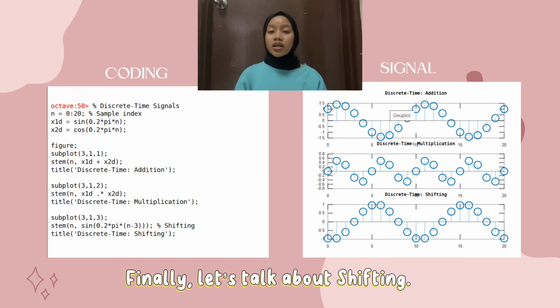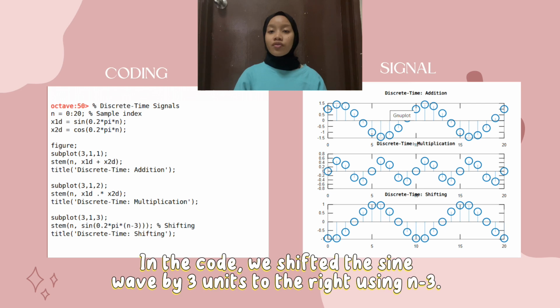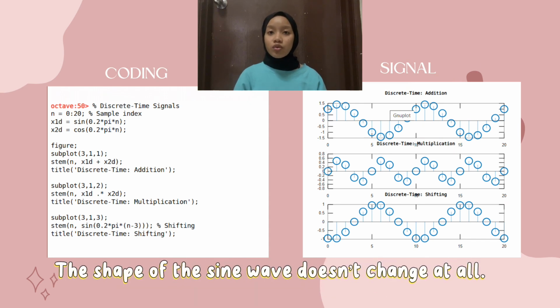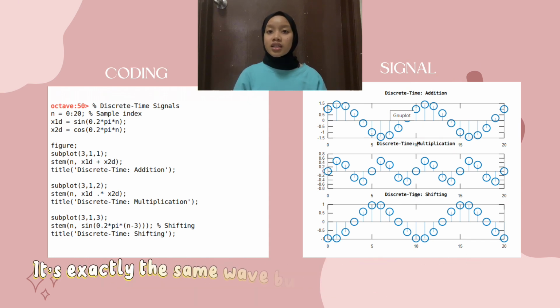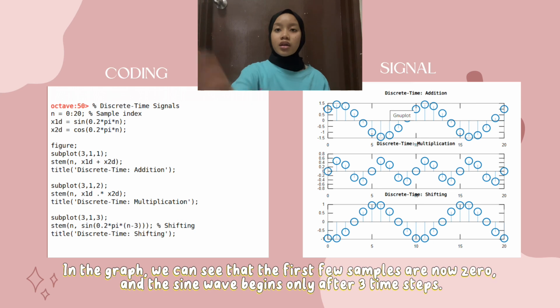Let's talk about shifting. In the code, we shift the sine wave by 3 units to the right using n-3. Shifting means we delay the signal. The shape of the sine wave doesn't change at all. It's exactly the same wave, but it starts a little later. In the graph, we can see the first few samples are now 0 and the sine wave begins only after